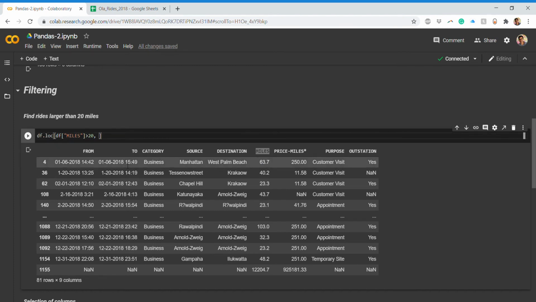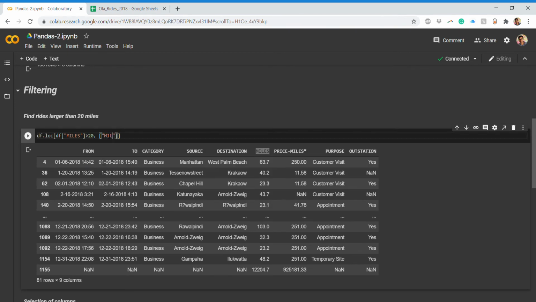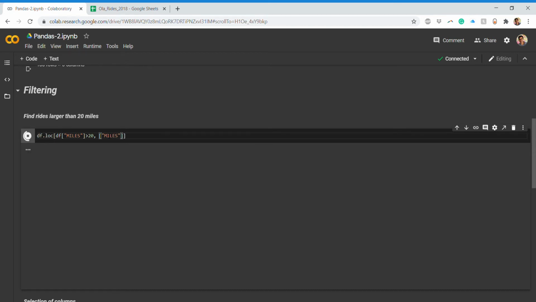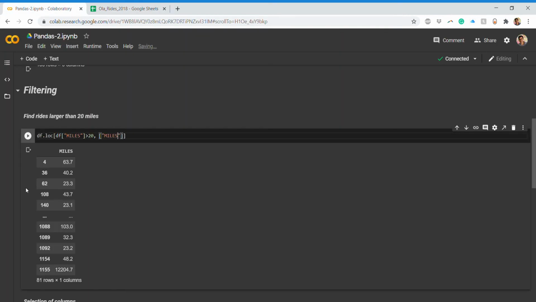So for that you basically use this. We have learned that log takes two things. In the first part we have the row, whatever rows it has, and the second is the column, which we kept as optional. Since our customer wants the miles, if we do this, whatever index or row number it was, by default it will display that along with the miles. So he'll get what all rows satisfy this condition.